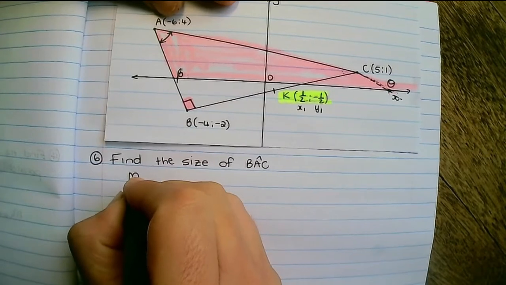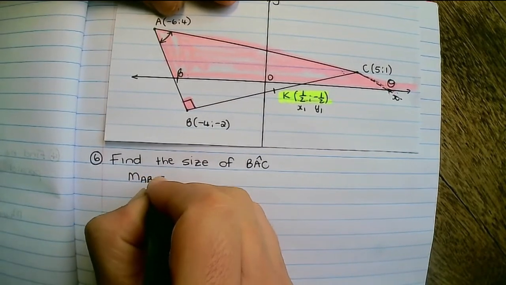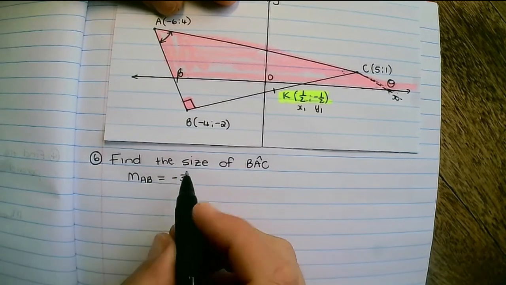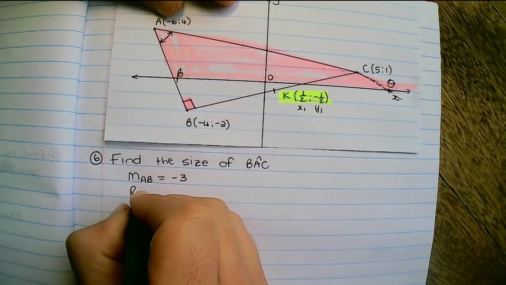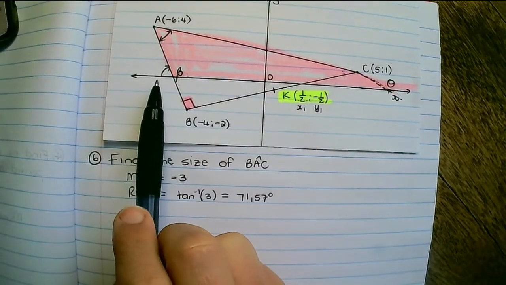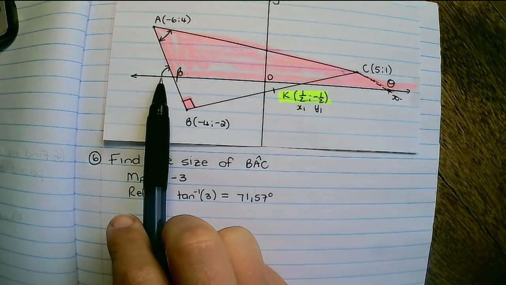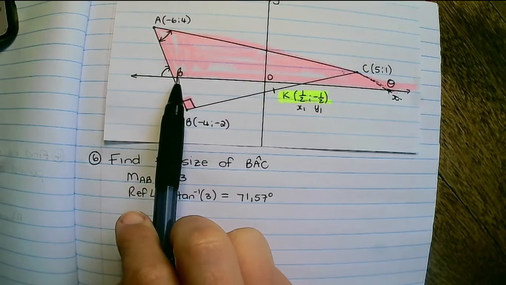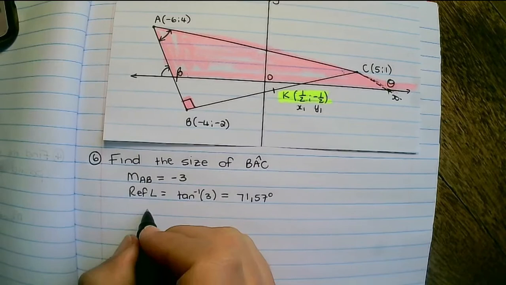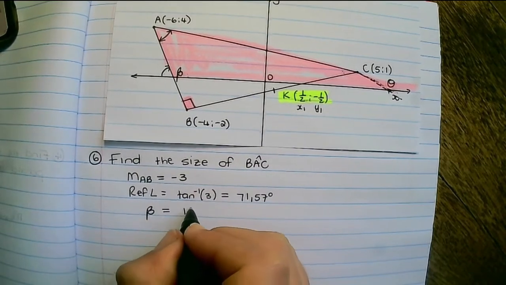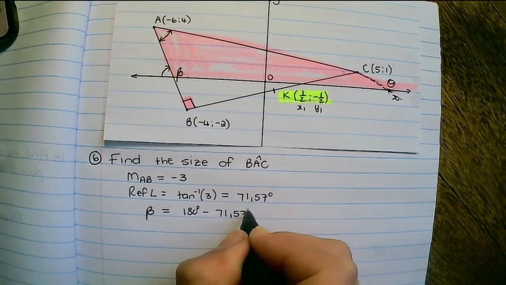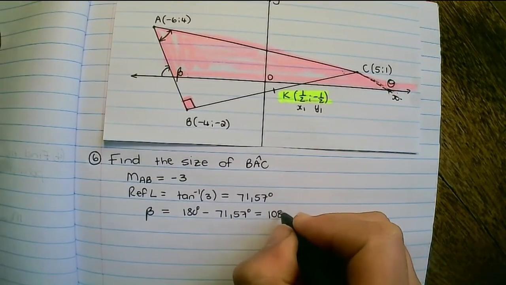We already have the gradient of line AB is equal to -3. And because it's negative, we use a reference angle. So in one of our previous videos, we mentioned that the reference angle is the angle between the axis of symmetry and the line when it's obtuse. So therefore, beta would be 180 degrees minus the reference angle. So beta is